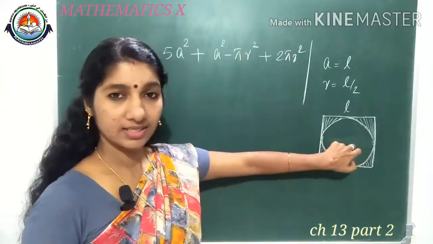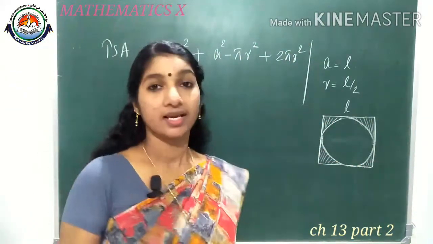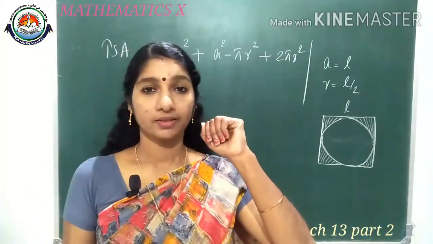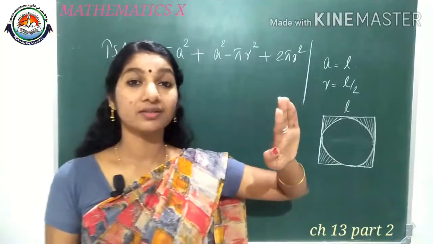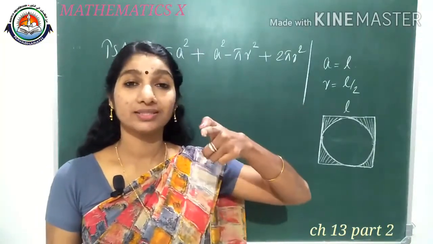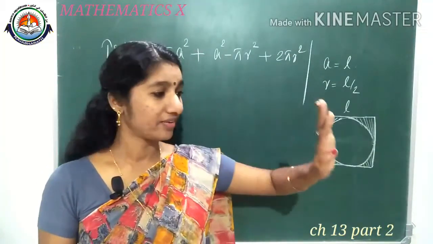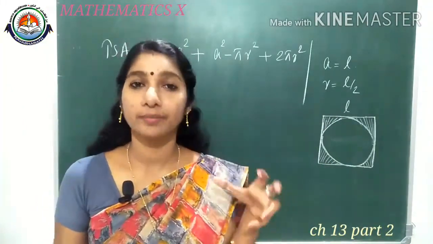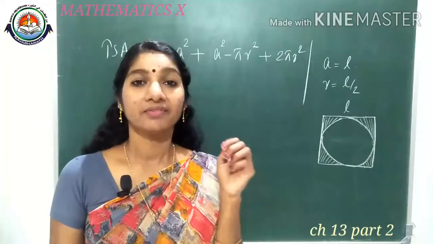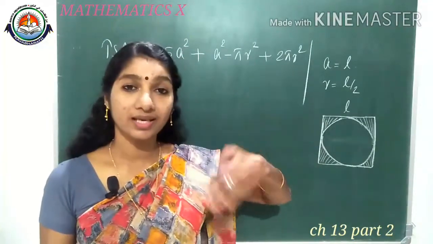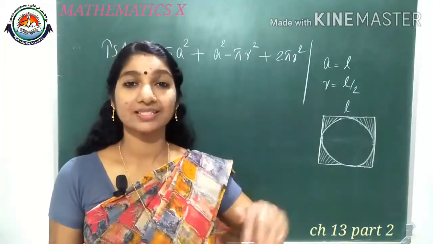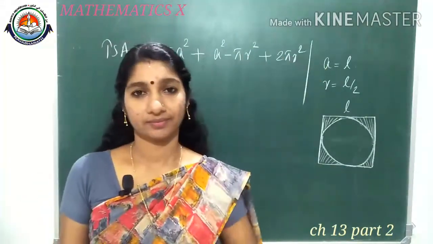See, this figure's shaded portion's area is a square minus pi r square. And how did this 2 pi r square come? 2 pi r square is the curved surface area of the hemisphere. How is that curved surface area coming on the face? When we remove one hemispherical shape from one side of the cubical wooden block, we will get a hemispherical shape, isn't it? Or a hemisphere. So its curved surface area is 2 pi r square.